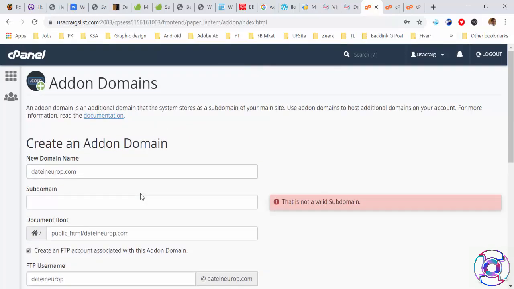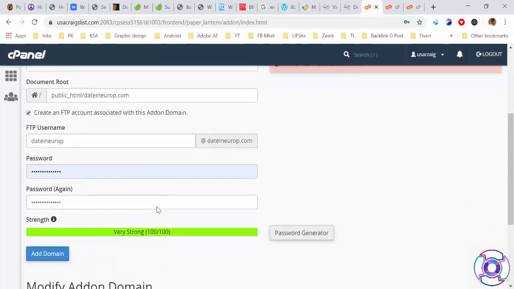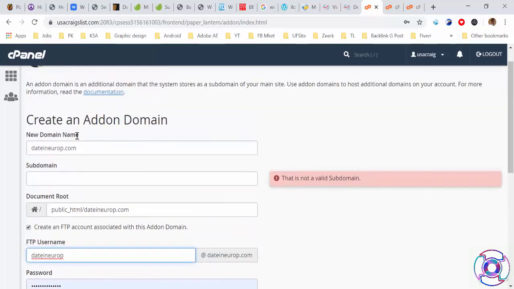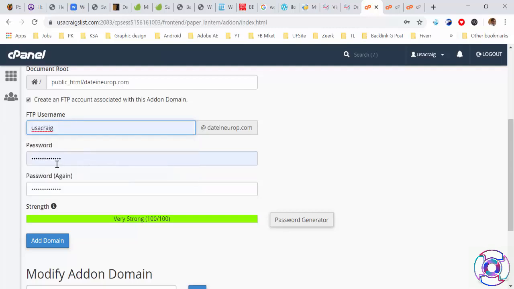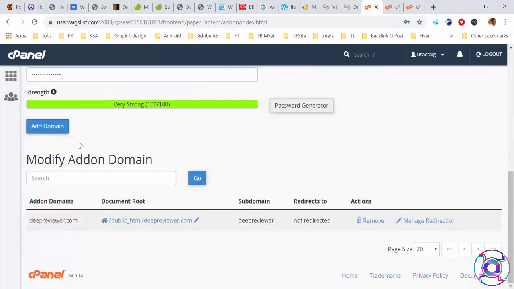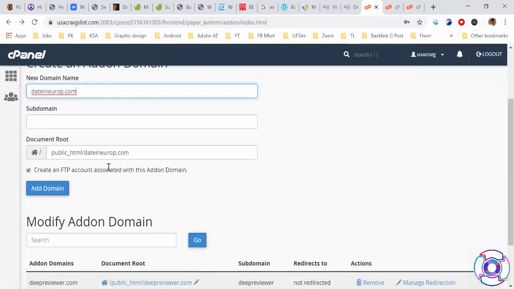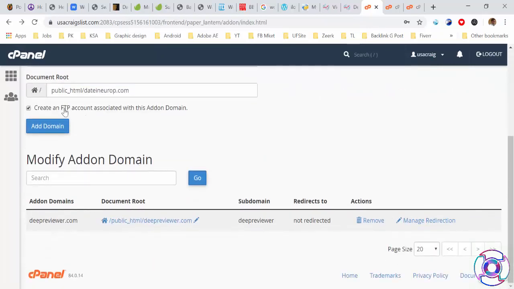That is not a valid subdomain, so no need for a valid subdomain. There is some issue. So the FTP name, then we are going to add. Let me check this one so we don't make a mistake. Okay, so I'm going back. So add domain.